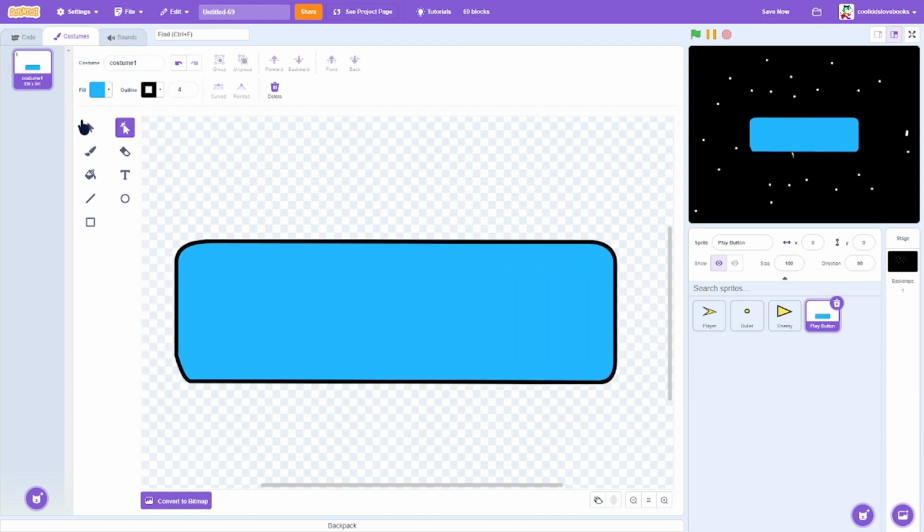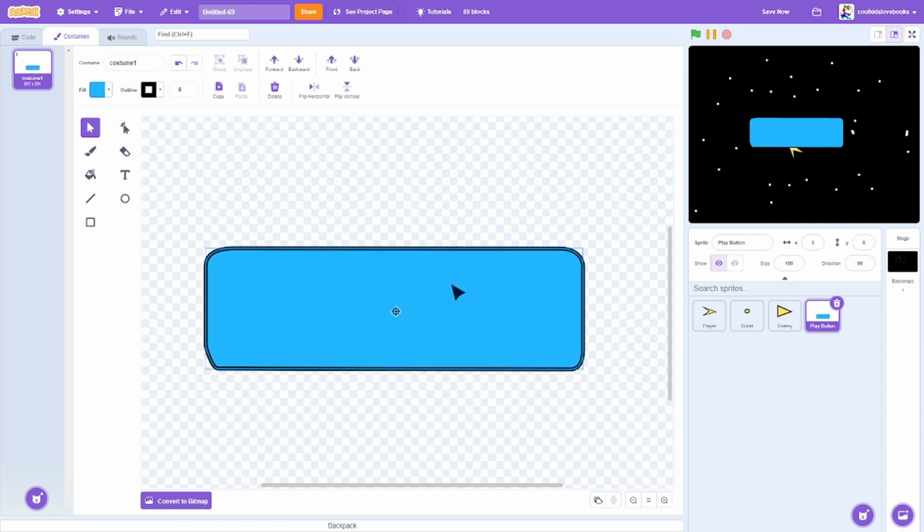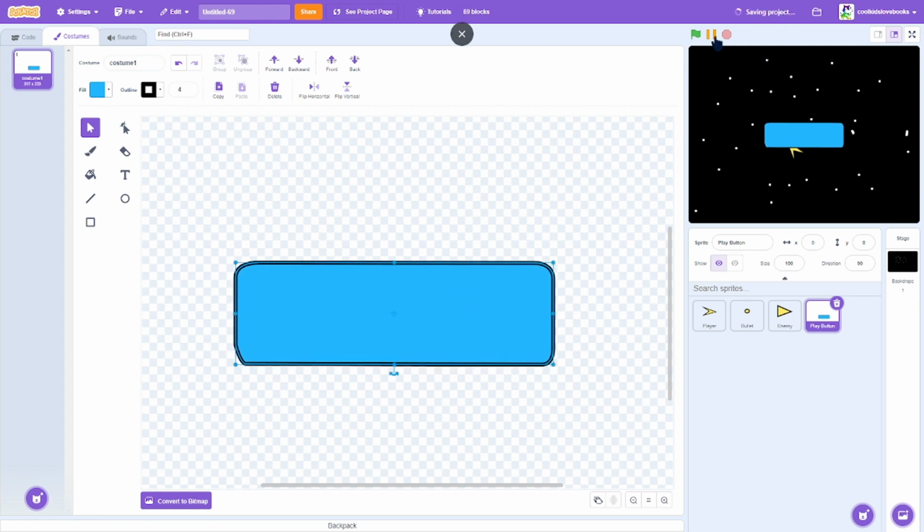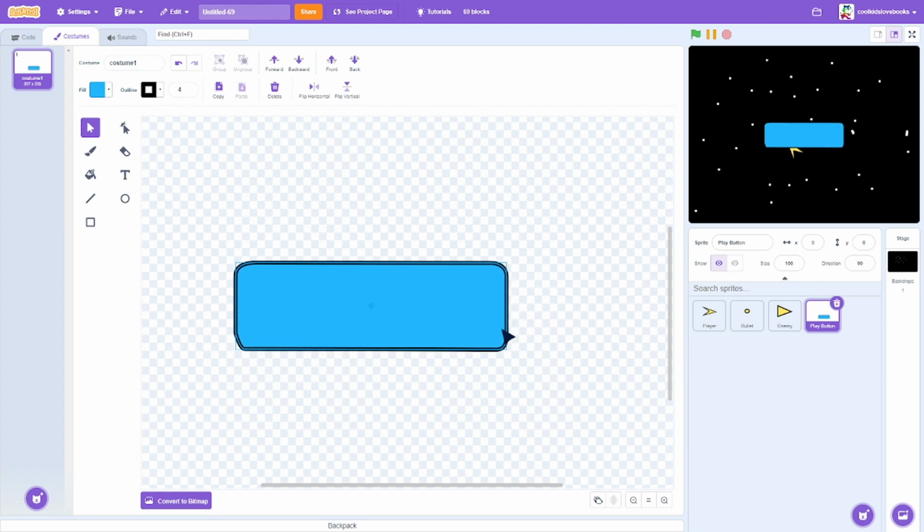Now that you have your button, you might want to reshape it just a little bit size down. Just make sure the size is just a little bit down. Okay. Now that you are finished making your play button costume,